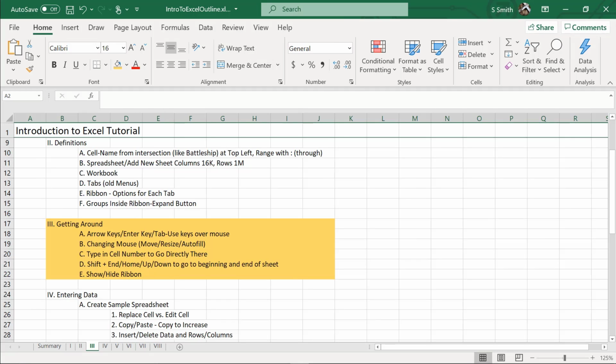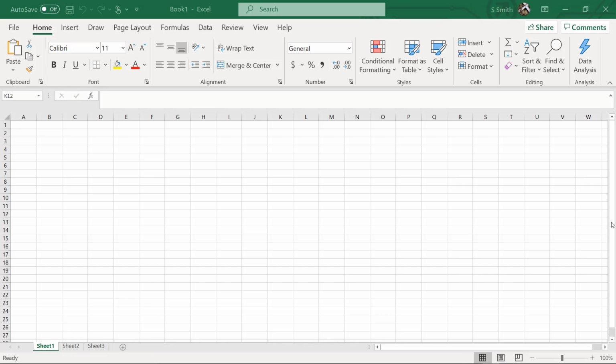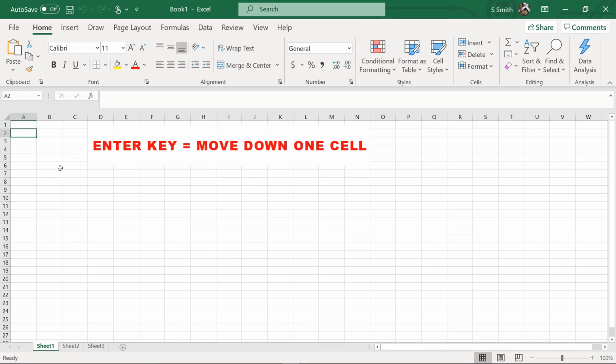Okay, so getting around in Excel. I don't want you to feel like you're lost when you're inside your Excel spreadsheet. So I'm going to give you some ways to navigate all the way around. First, you could take your mouse and click into any cell. That's one way to do it, but it's not the most efficient way. If I'm in cell A1 and I hit the Enter key, I will automatically move down to cell A2.